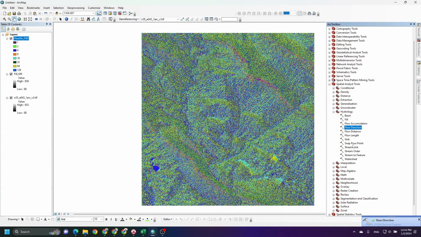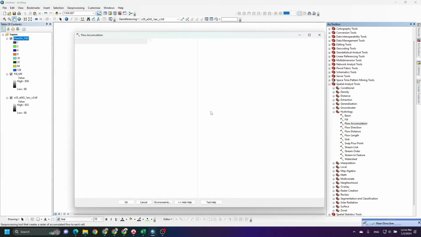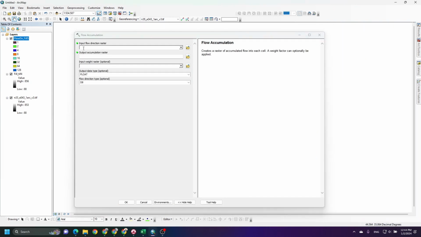We are going to the next step, which is flow accumulation. Here in the input flow direction raster, we put the flow direction that we created in the previous step, and we can press OK.